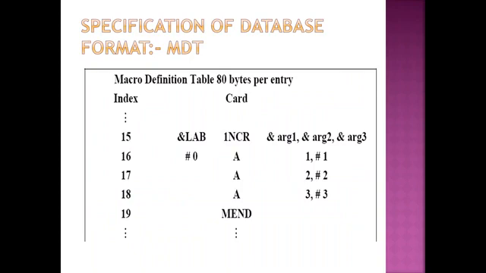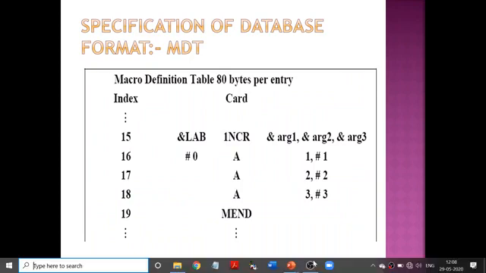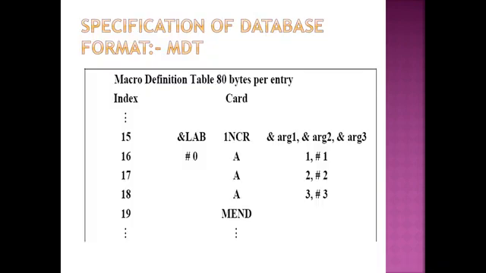Okay, so the macroprocessor's work is like this. First of all, it should find where a macro is defined. How will it find it? It will search for a keyword called macro. The next line is how it defines the macro. Starting from the next line, it will not store the keyword macro. Once it finds the keyword macro, it knows that the next line is going to be the definition. So it copies the lines from the definition,